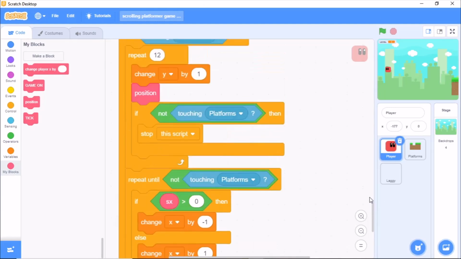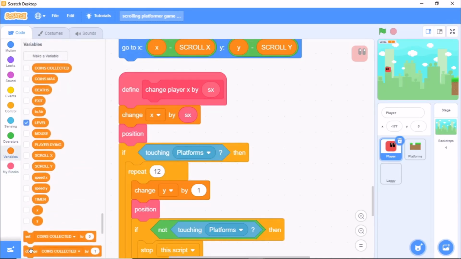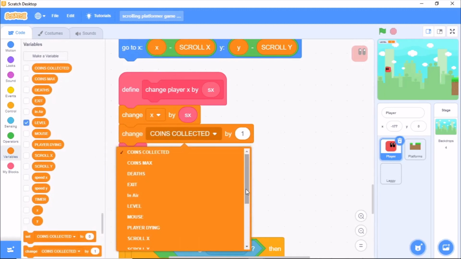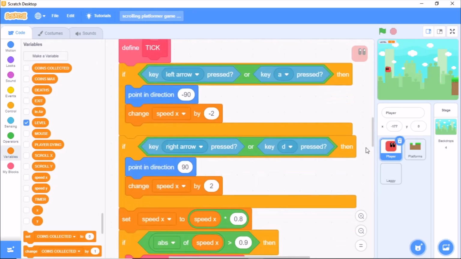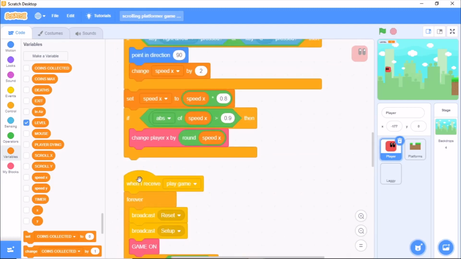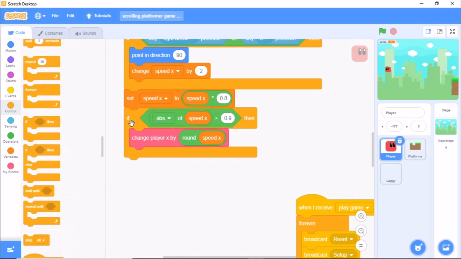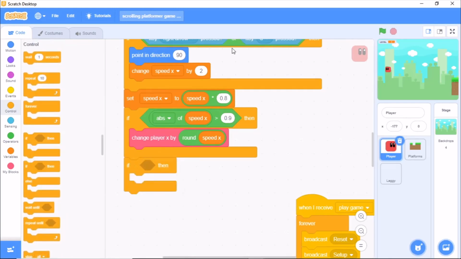And now when change x by speedx, then we need to change in air by 1. And now define tick, minimize the screen, then after this if statement, grab another if statement, duplicate this,